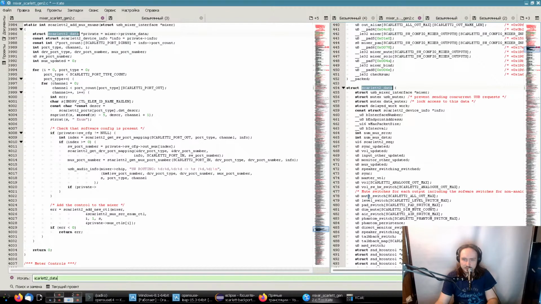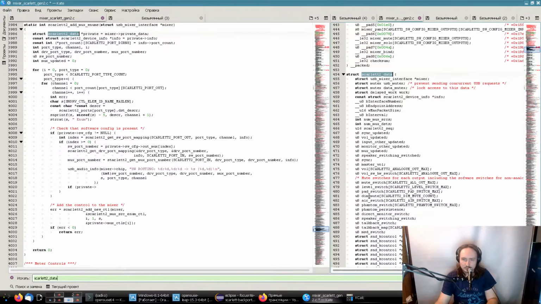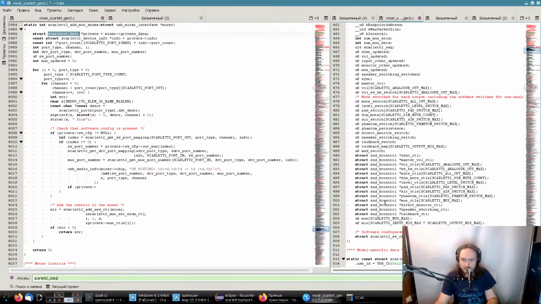MUX updated. Mute switch, level switch, pad switch, demute, direct monitor, and there are MUX settings, I believe. MUX, yes. If private MUX and the index is I,